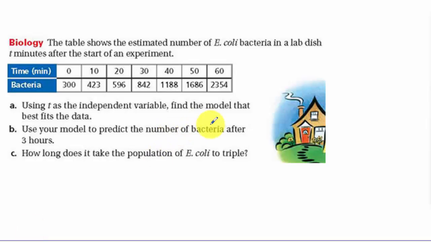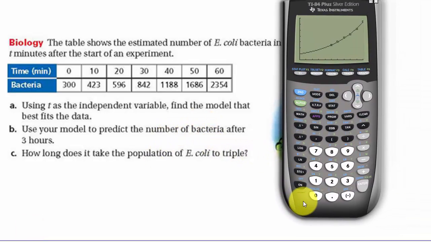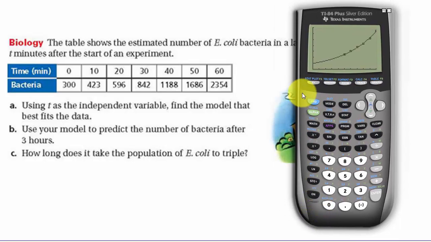So we have one more example here. Let's do a scatter plot. Let me clear out my lists, second plus 4, and I'm going to clear out this function I just entered in there. And we're going to enter the data,